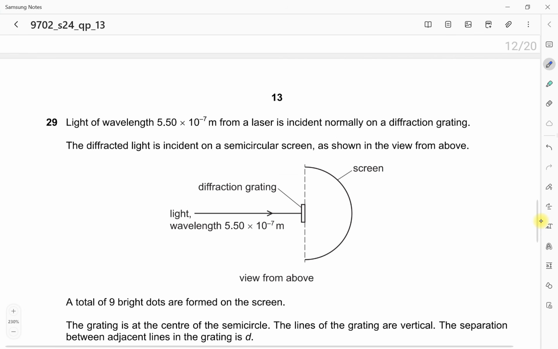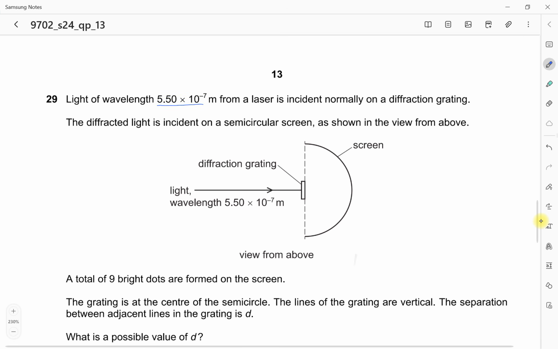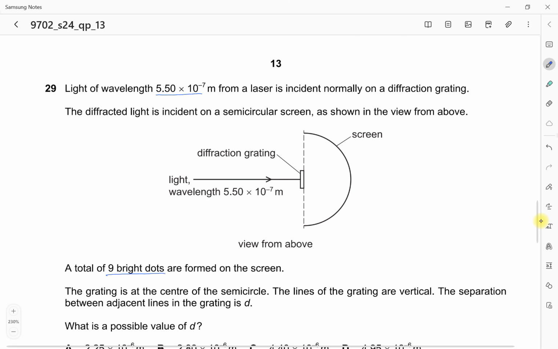Light of wavelength 5.5 times 10 to the power of minus 7 meters from a laser is incident normally on a diffraction grating. The diffracted light is incident on a semicircular screen as shown in the view from above. A total of 9 bright dots are formed on the screen. So if this is the central one, 9 means the total